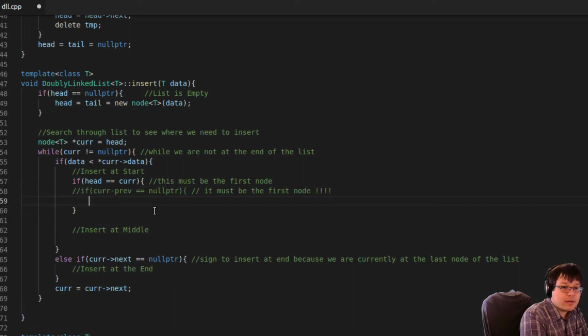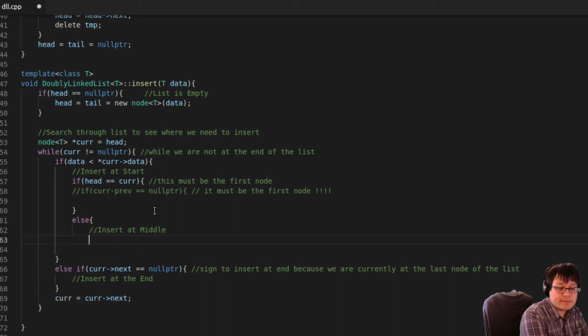So in there, okay, if it's the first thing to insert, that's easy to do. Otherwise, by the way, then we will do the insert at the middle, which we still need to do, okay? But let's go ahead and insert at the beginning here. So the way we're going to insert at the beginning, and again, it's the beginning of an existing list, is